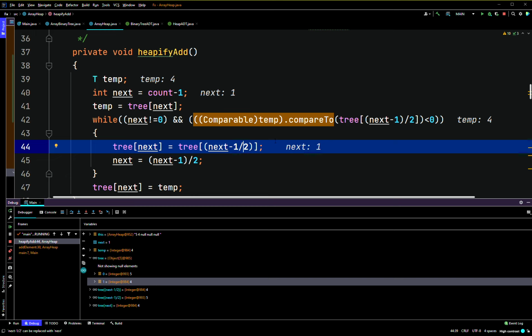No, actually that's not going to work, is it? Tree of 1 minus 1, that's 0 divided by 2. Yeah, it should be 0 divided by 2 is 0, I just checked it here. The tree of 1 should point to